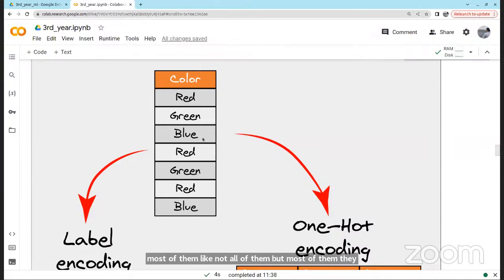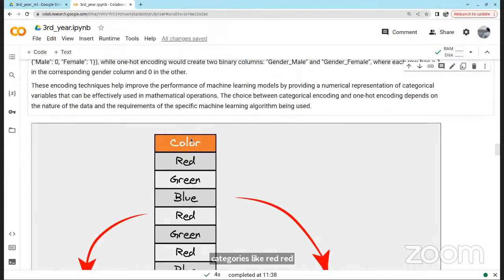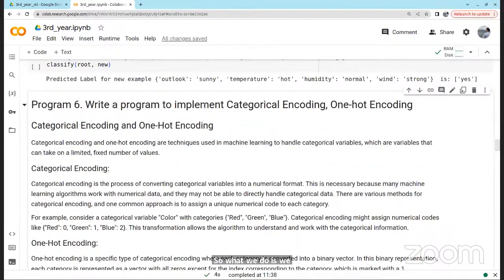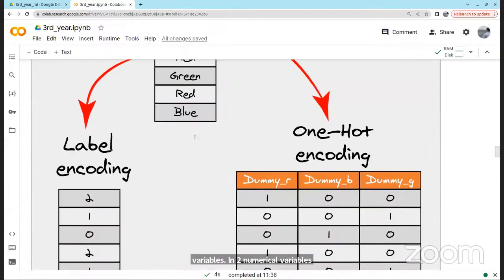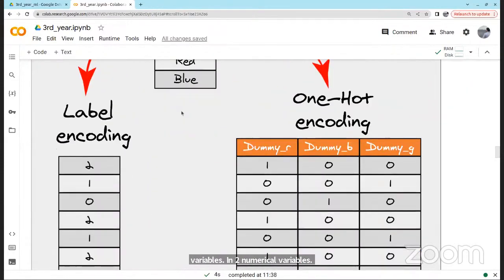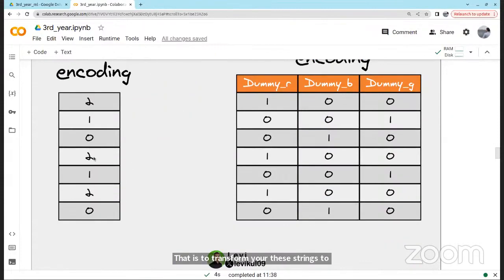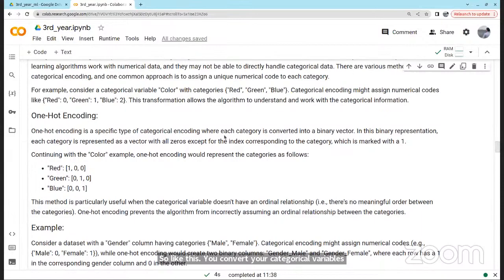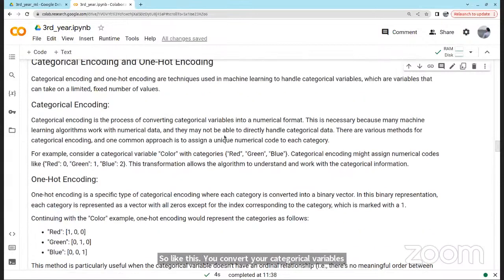They can't take your categories like red color, green color, blue color as the input. So what we do is we convert our categorical variables into numerical variables. That is, you transform these strings to numbers. Only by doing that, you can run most of the machine learning algorithms.